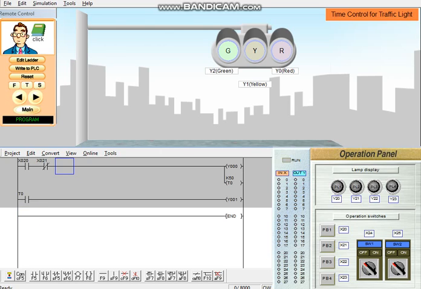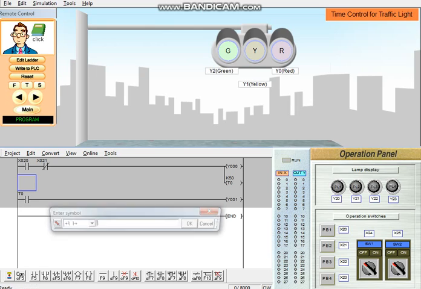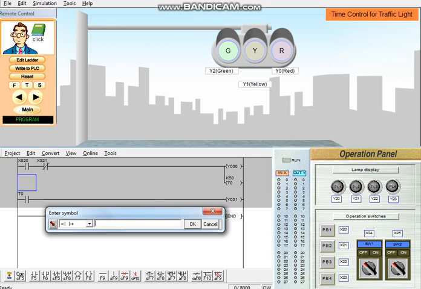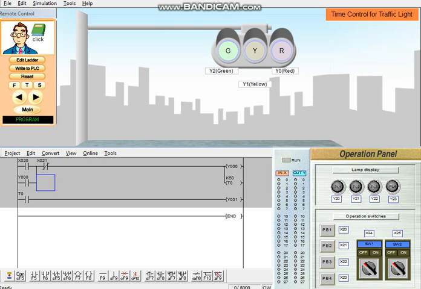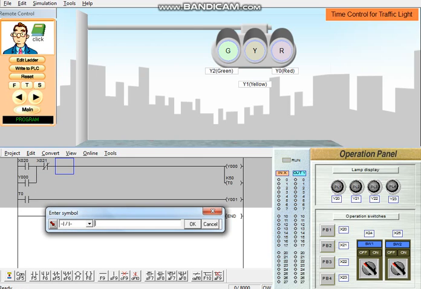we forgot to put a latch and a cut off here, latch for Y0, then the cut off normally close, address to T0.